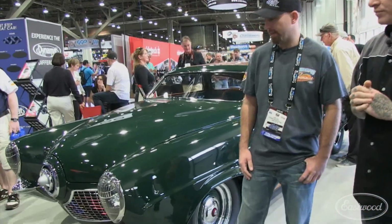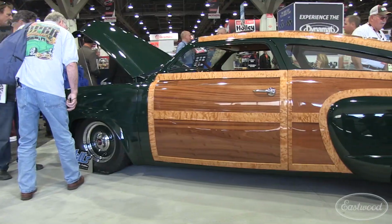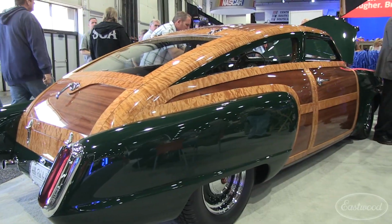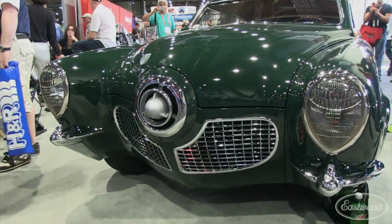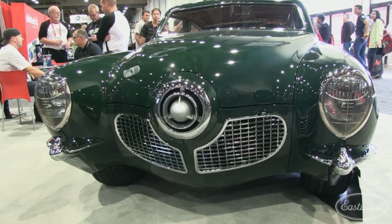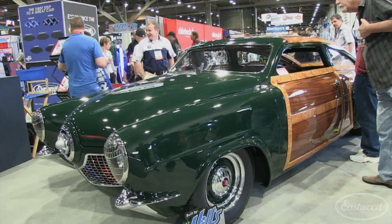So what we got here is Dennis Farney bought this at an auction 5 years ago. He, Joe McPherson collection, they started it. We went ahead and drew up a concept of what it was going to look like. We started out with the front end of a 51 Studebaker, made custom bumpers in the front, all from scratch. Try to keep the Studebaker look in the front with a bullet nose. Went ahead and put 37 Ford headlights on it, chopped the windshield, leaned it back, and decided to make